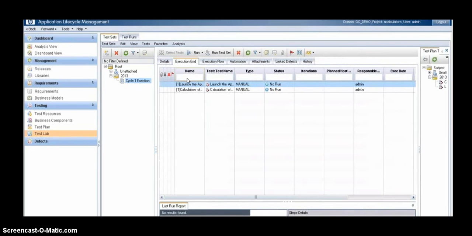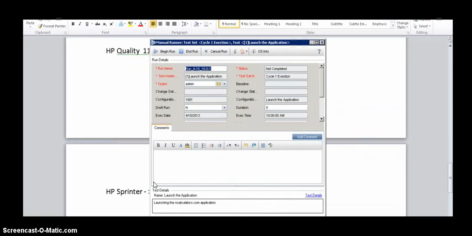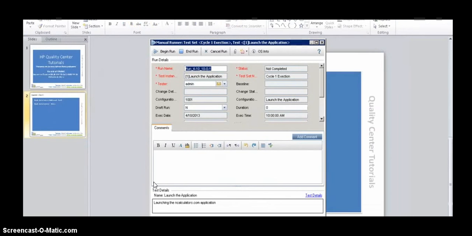So you can see the name of the test cases and the type of test cases, status, and also the person responsible here. You can change the person responsible over here, right, for your assignment, and the execution date gets picked up automatically. Now we want to run a specific test case here, okay, and you want to do a manual test case run. So you will say run with manual runner, correct? So the minute you do run with manual runner, a new window gets open wherein it tells you run so and so,